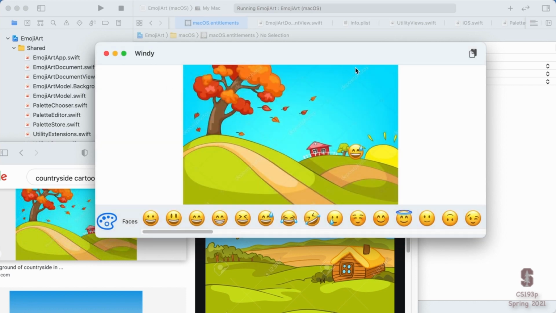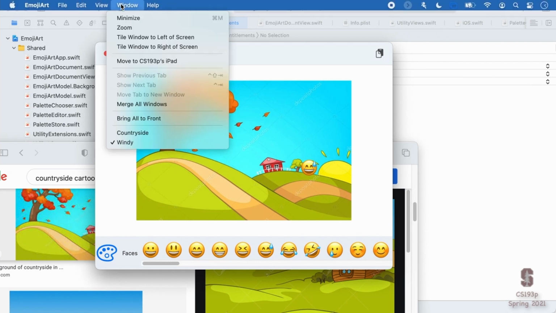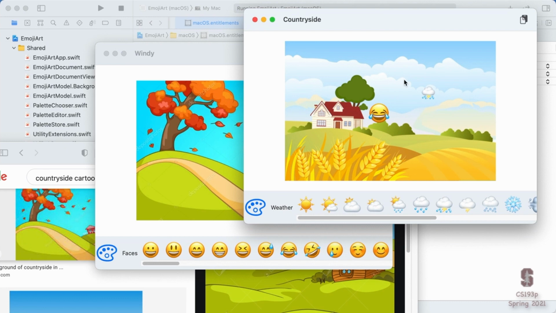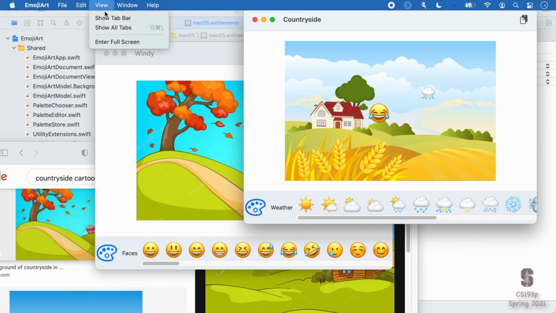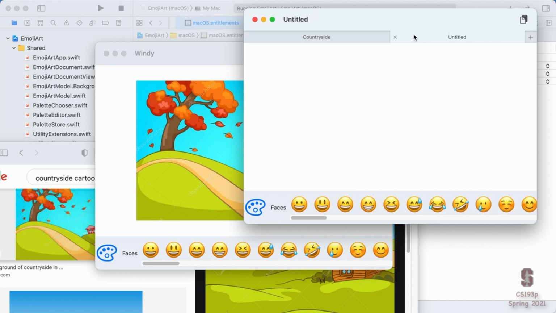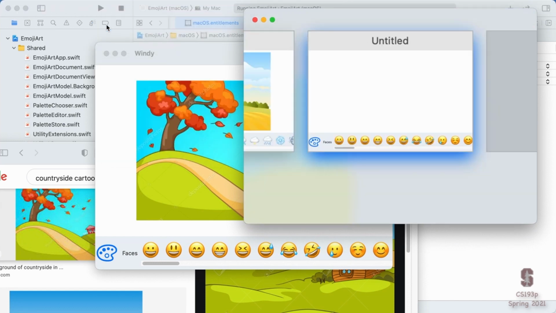And one thing that's really cool on the Mac, not only do you get these multiple windows, of course, I can have multiple windows up at the same time. I can even collect them all into tabs. If you go here to Show Tab Bar, then you get these tabs in here, and you can add another thing in the tab right there. You can also Show All Tabs.